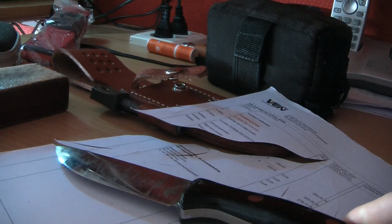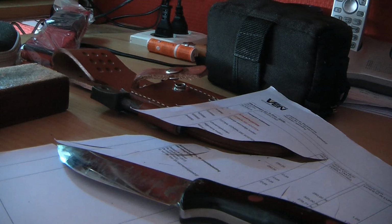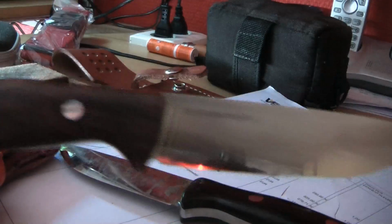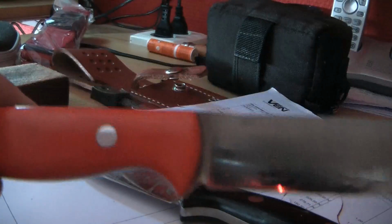For my real bushcraft stuff, I often use my gunnies because they are a little smaller and have a little bit more control. Where's my other gunny? Here. A2 gunny and Elmax gunny. These two I use for regular bushcraft tasks, and for batonning